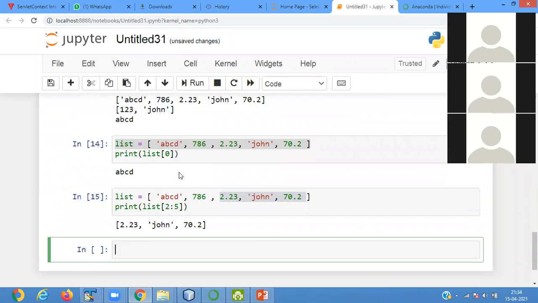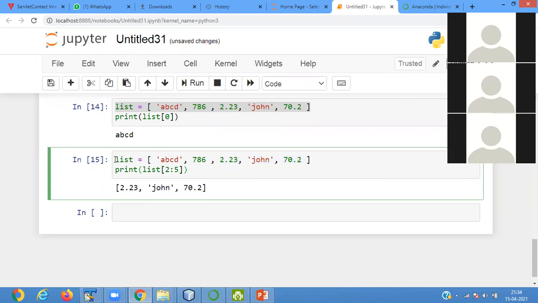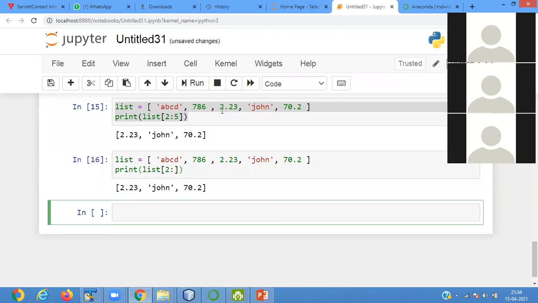Then next, if I pass here 2 colon, that means after 0, 1, 2 it shows the remaining elements.